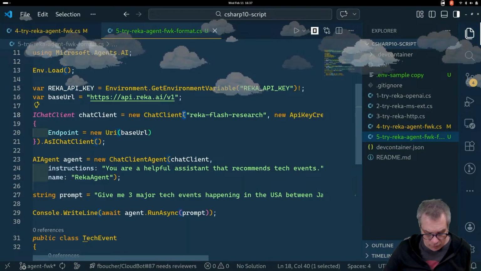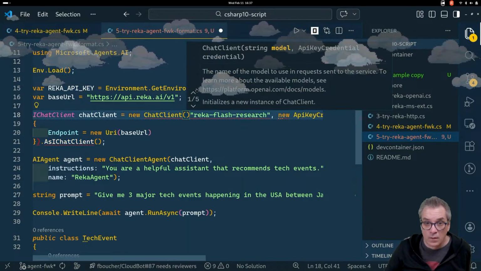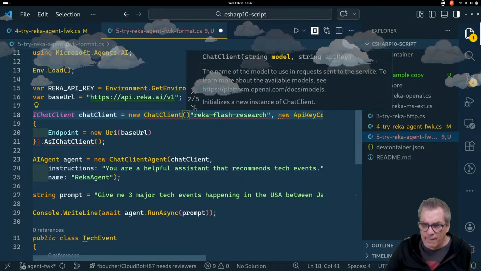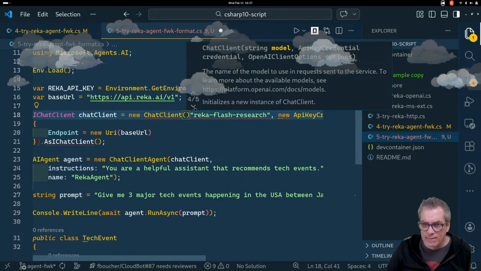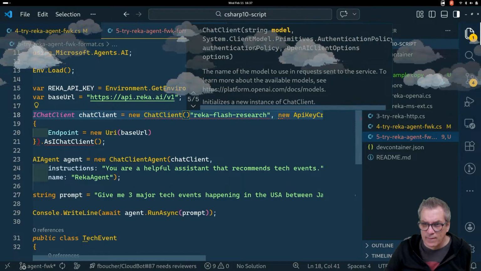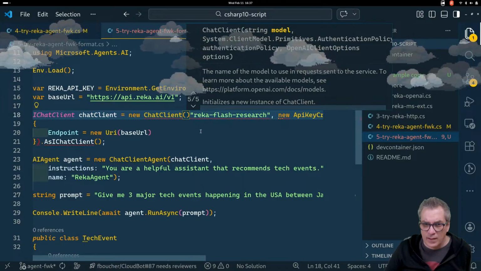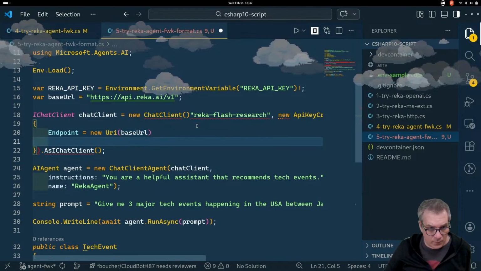What are the overloads? Yeah, no, it's not here. What else do I have?